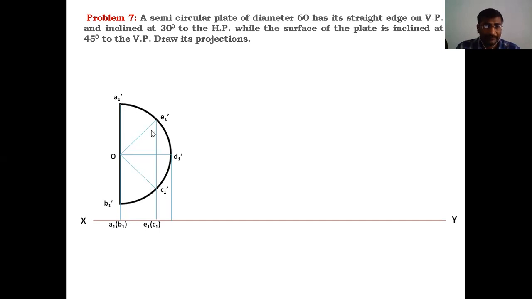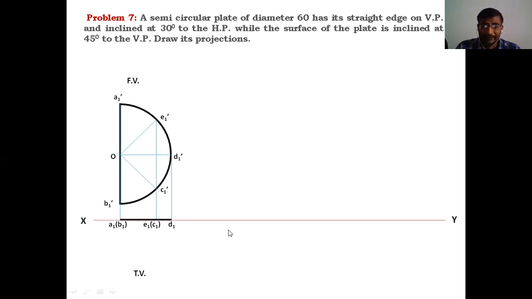Locate this point: which point is visible out of these 2 points? E is the visible point, C is the invisible point. So E1 of C1 can be written for this point as the top view. Next, the last point, visible when we're looking from this side, is D1. So by joining these 3 points, we will get the top view of the semicircle, which looks like a line. This is the top view of the semicircle when it is parallel to VP. This is the front view and this is the top view. Front view is a semicircle, top view is a straight line.